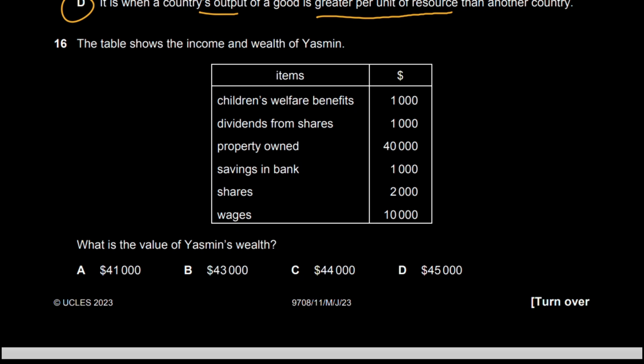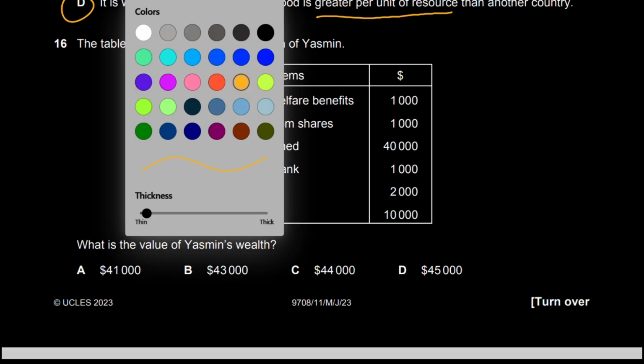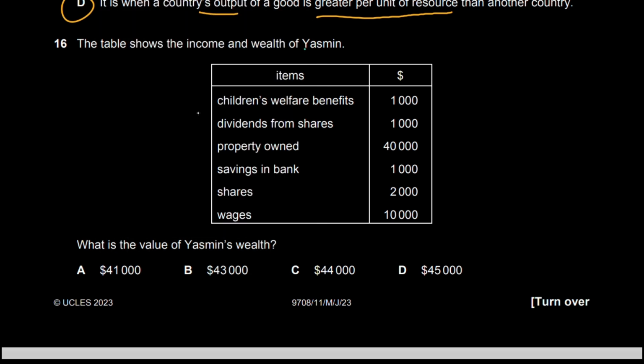Moving on to question number 16. The table shows the income and wealth of Yasmin. First of all, you have to define from all these items which one is income and which one is wealth. So I will use a light blue for income and green for wealth. Children welfare benefit. Okay, so this is basically your income, because welfare benefits are not accumulated, they are only received